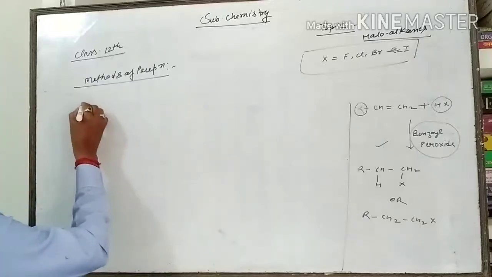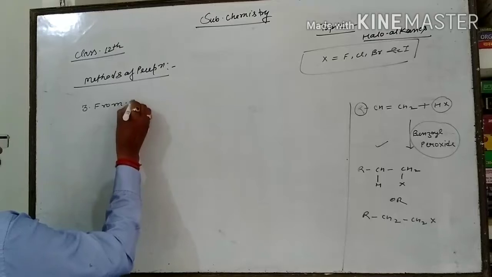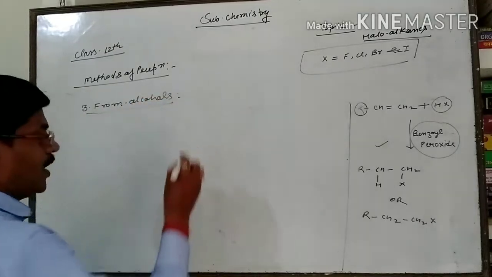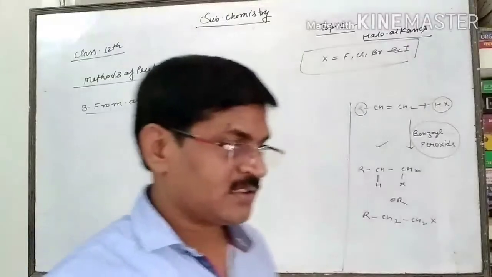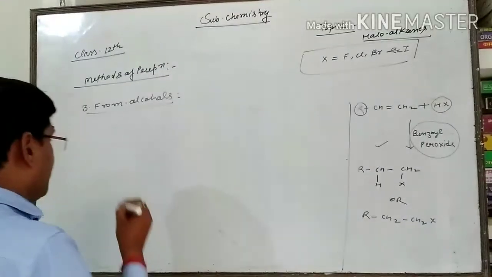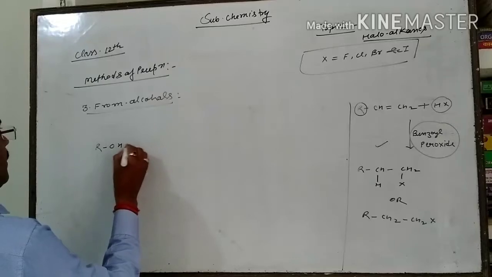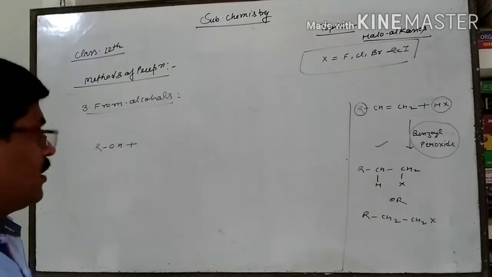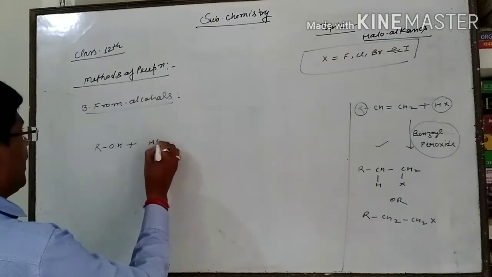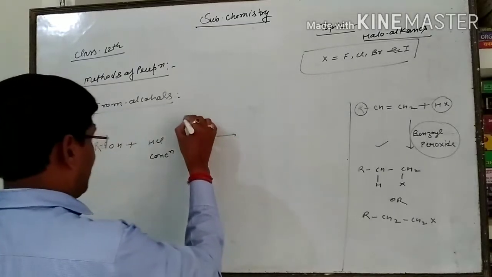That one is from alcohol. It means from alcohols, haloalkanes or alkyl halides also can be prepared. First of all, suppose I have taken ROH, alcohol, and as we know, if I react this with concentrated HCl in presence of anhydrous